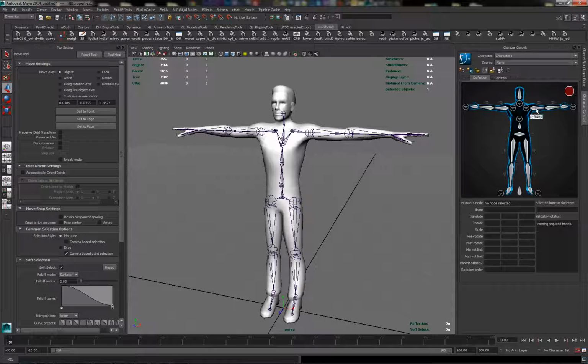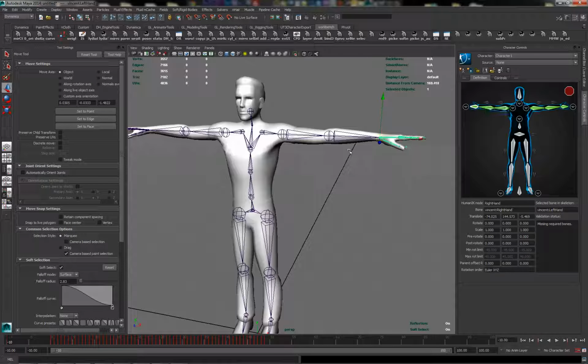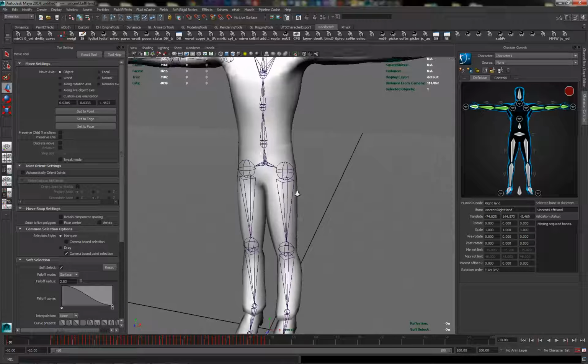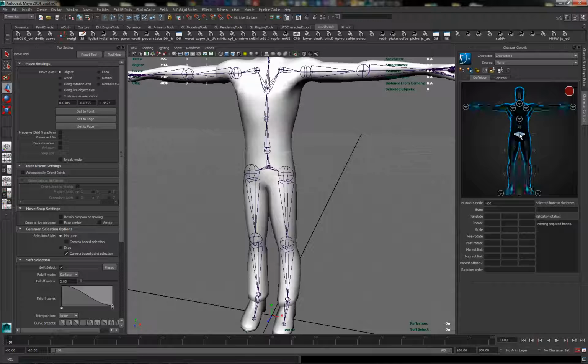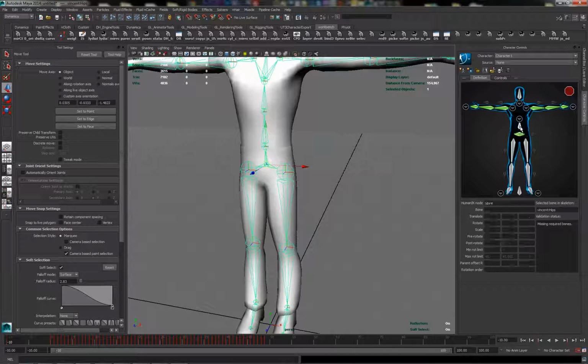It's a little tool, and basically what you do is you click a joint on this little UI, and then you just click the corresponding joint on your character, and you just go through. Most of the time you don't have to worry about the fingers. Most mocap doesn't have fingers anyway. So spine,